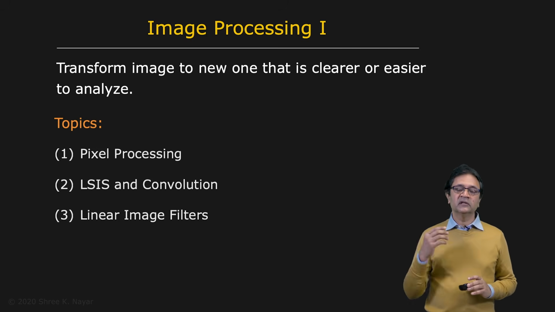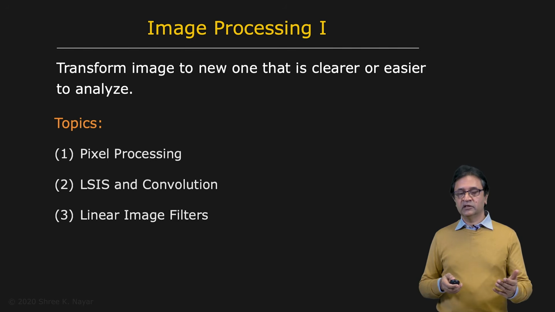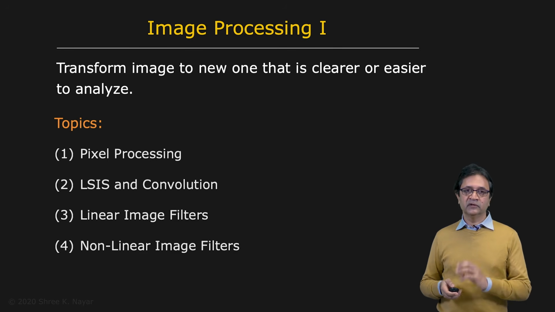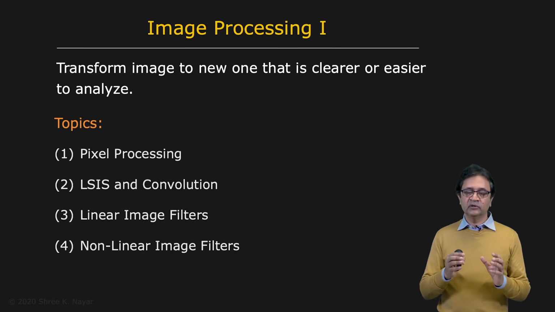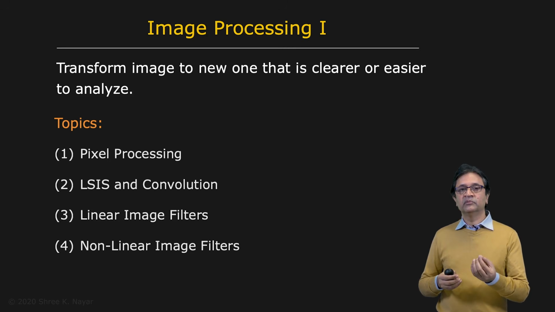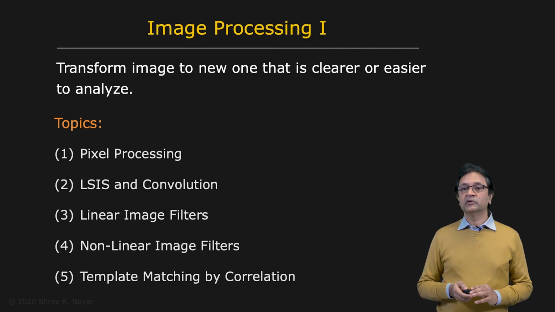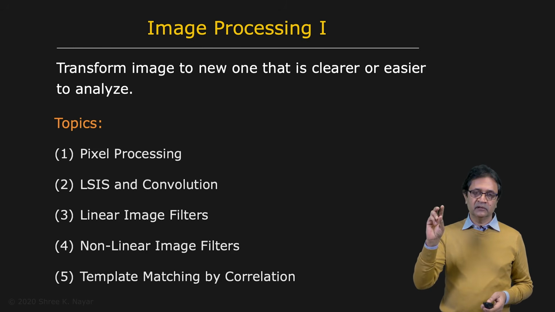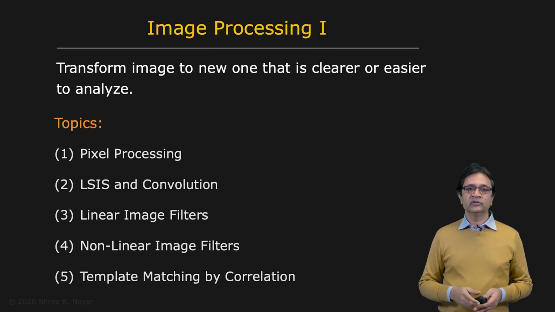And then we'll argue that there are certain things you want to do to an image that simply cannot be done using convolution. And that takes us to the class of nonlinear image filters. You can view these as more algorithmic in nature. You have a pixel and its neighborhood. You want to look at the values in there and apply some sort of a simple algorithm to it to come up with the output value of that pixel. And next, we'll talk about the important problem of template matching. You're given a certain pattern, and you want to find this pattern everywhere it appears in an image. And it turns out you can solve this problem using correlation, which is related in some ways to the concept of convolution.